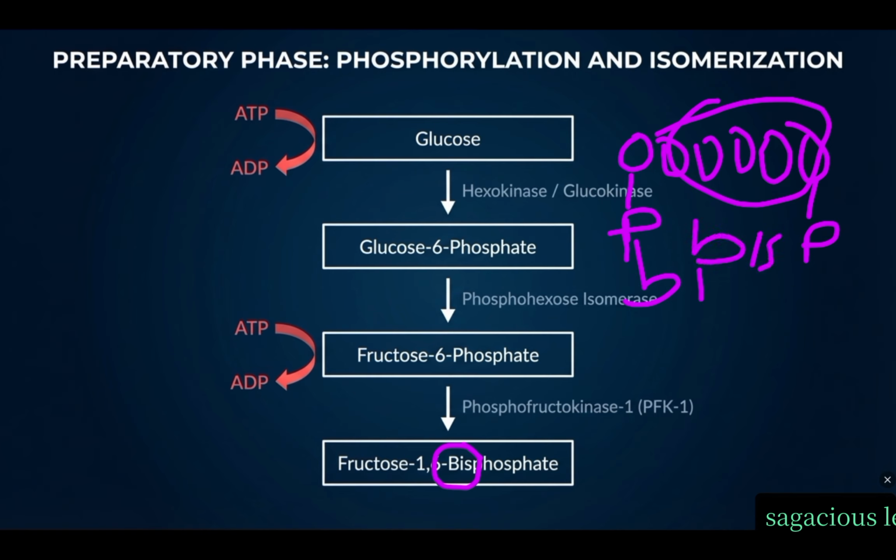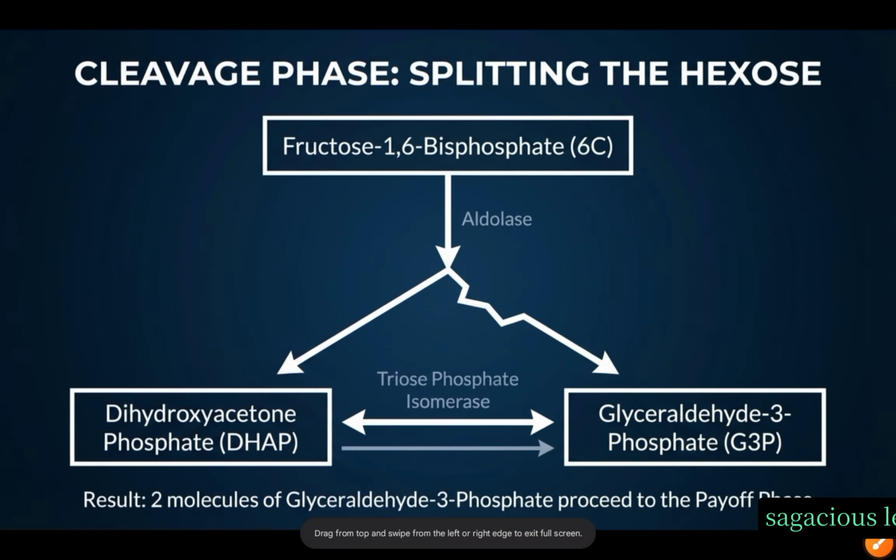Now we have fructose-1,6. The word fructose is the name of the sugar. 1,6 means the phosphates are attached at the 1 and at the 6, because this is 1, 2, 3, 4, 5, 6. So it's attached at the 1 and the 6. We now have bis, because they are far from each other. We now have phosphate because it is a phosphate group. Don't forget that. Now we